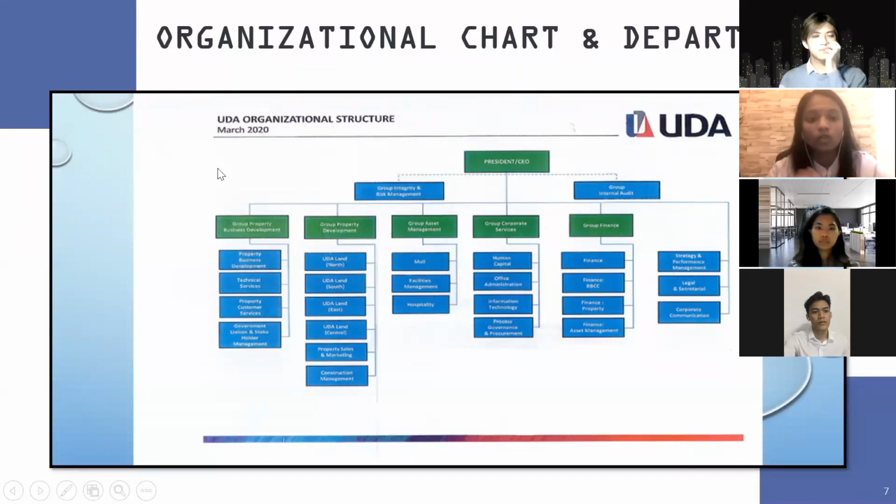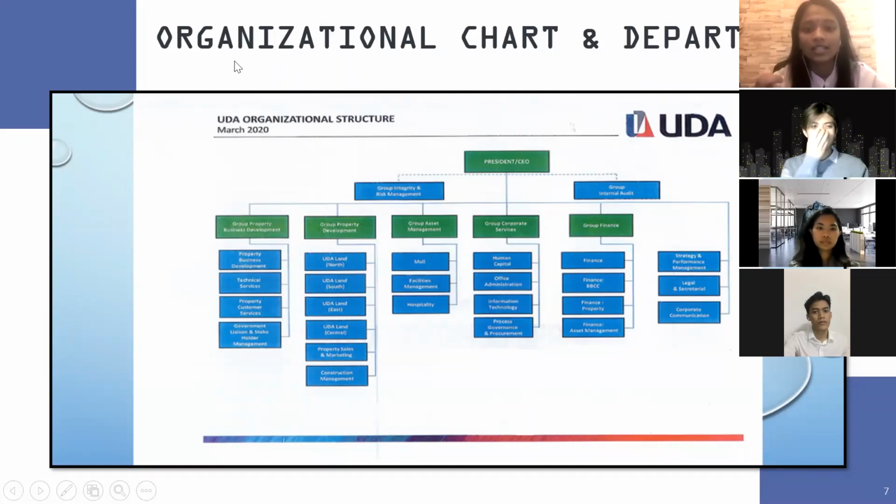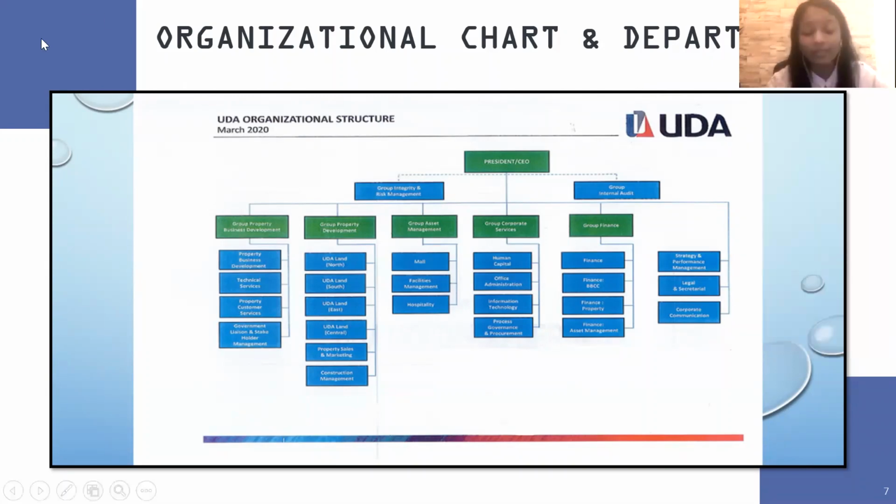And the second is the property development. The property belongs to or managed by UDA, is maintained by its subsidiary companies. These properties include shopping complex and apartment building. And third is group asset management, which refers namely to shopping malls and other commercial property management, facility management, as well as hospitality and leisure.